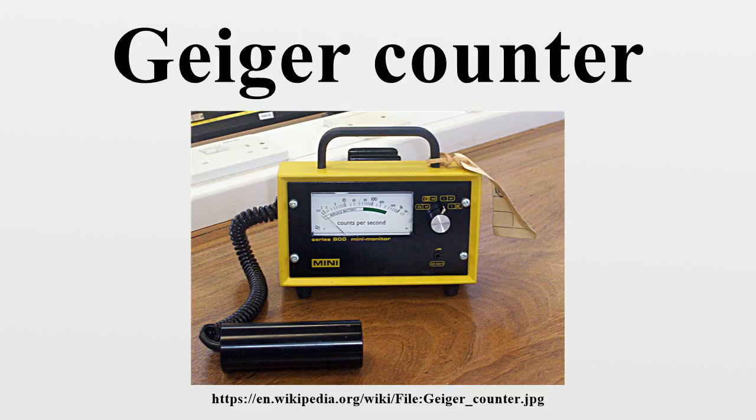Low-energy photon radiation such as low-energy X-rays or gamma rays interacts better with the fill gas. Consequently, a typical design for low-energy photon detection for these is a long tube with a thin wall or with an end window. The tube has a larger gas volume than a steel-walled tube to give an increased chance of particle interaction. Neutron detection. A variation of the Geiger tube is used to measure neutrons,